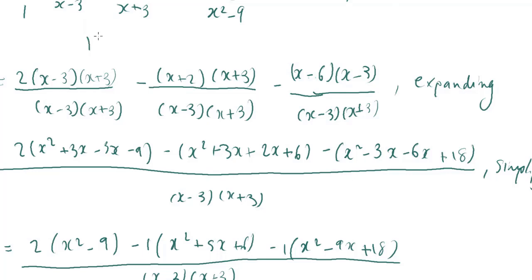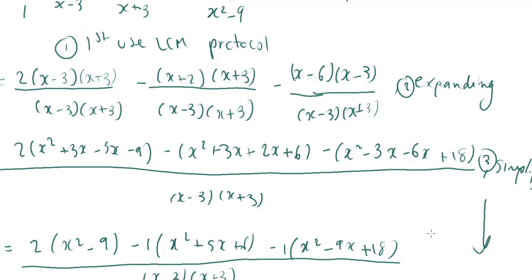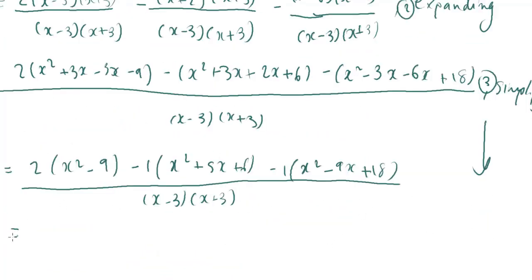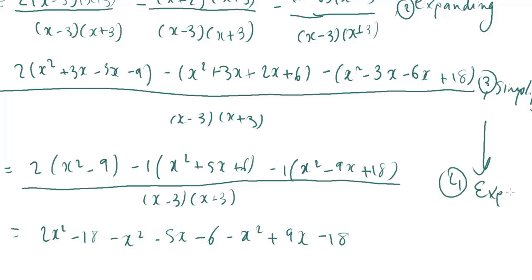So here, first step, first use the LCM protocol. So that's number 1. You can say this is number 2, this is number 3, and then same thing, simplifying, and then expand out. So you get 2x squared minus 18 minus x squared. So here we're just expanding out of the bracket, so we're not doing anything too tedious. So 4, we're expanding,